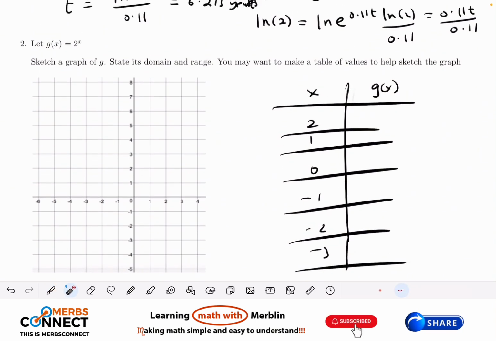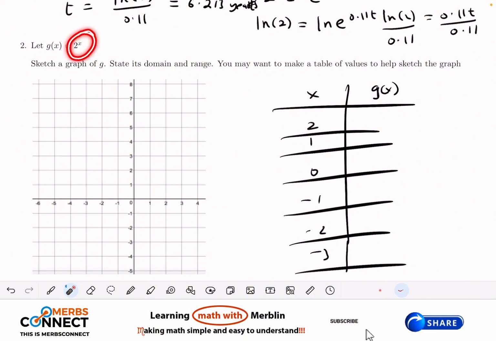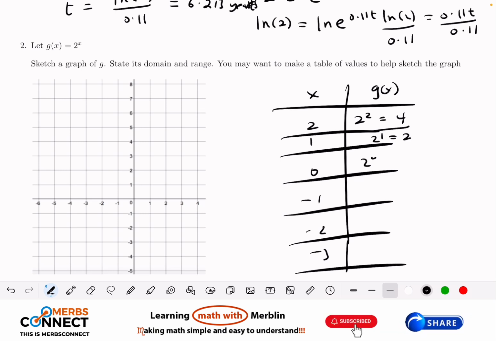So when I pick x, I'll plug it in here. When I plug in 2, I'm going to have 2 to the power 2, which is equal to 4, right? Then 2 to the power 1 is equal to 2, 2 to the power 0 is equal to 1, 2 to the power minus 1 is equal to 1 over 2, which is the same as 0.5. Then 2 to the power minus 2 will be equal to 1 over 4, which is